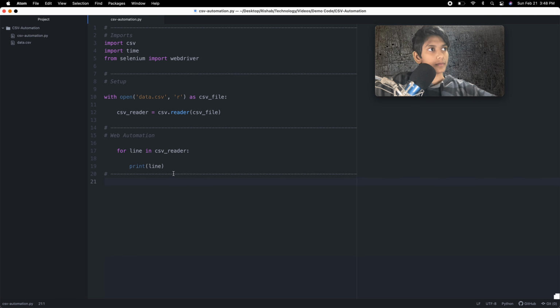So the next thing we want to do, instead of just printing it out line by line, let's actually do the automation. So let's just comment this out because we don't want it to bug us every single time. So let's actually just remove that. All right. So just like regular web